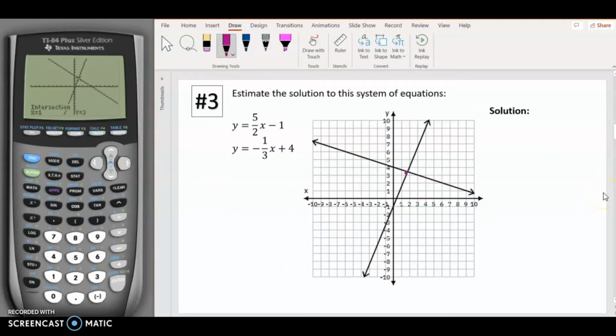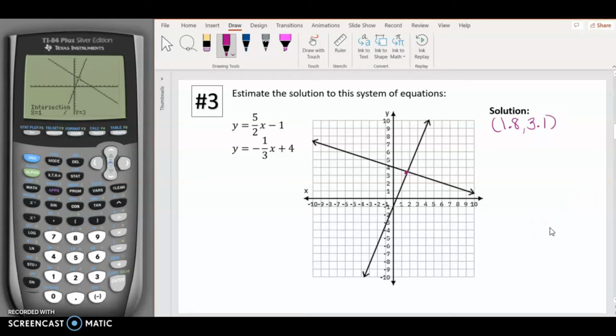Okay, so if we estimate the x value, it's between 1 and 2, but it's a little bit closer to 2. So I would say maybe that's about 1.8. Notice that the y value is between 3 and 4. It's a little bit closer to 3, so I'd say maybe that's about 3.1. So that's a good estimate of the solution to the system of equations, because remember the solution is where the